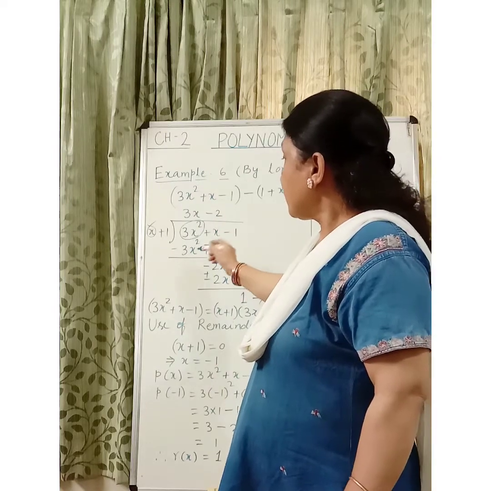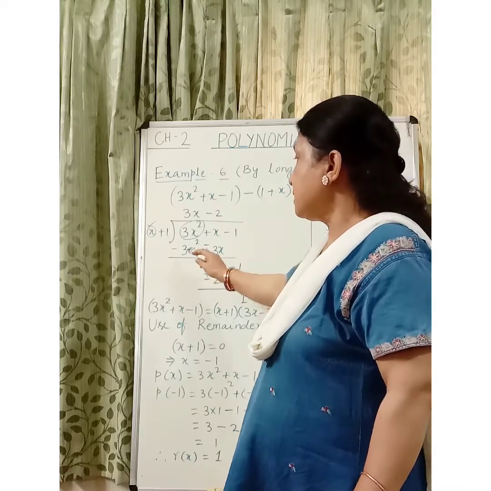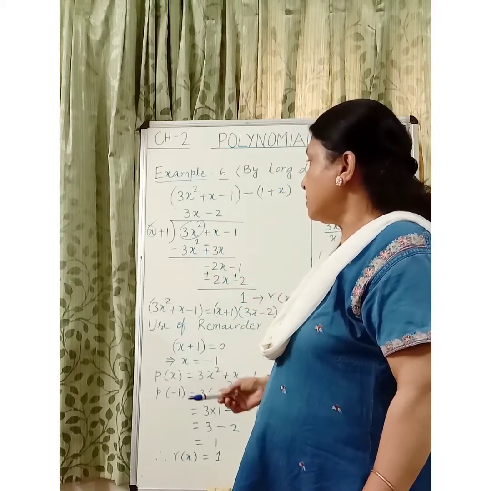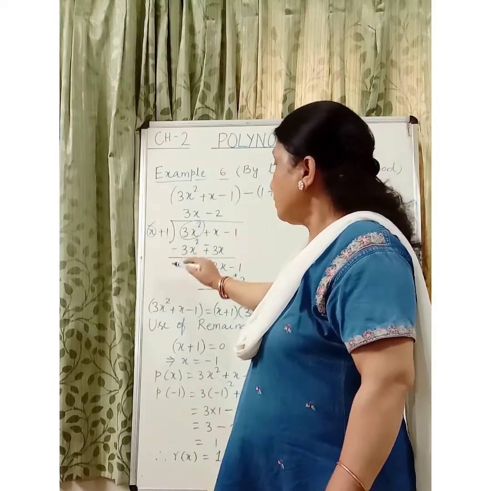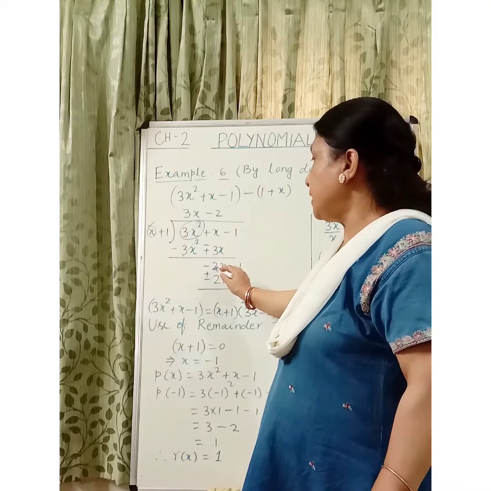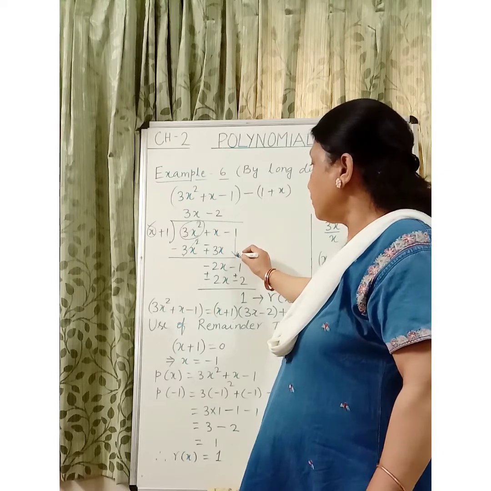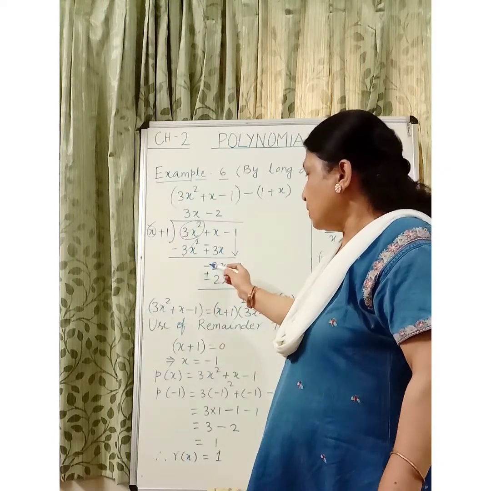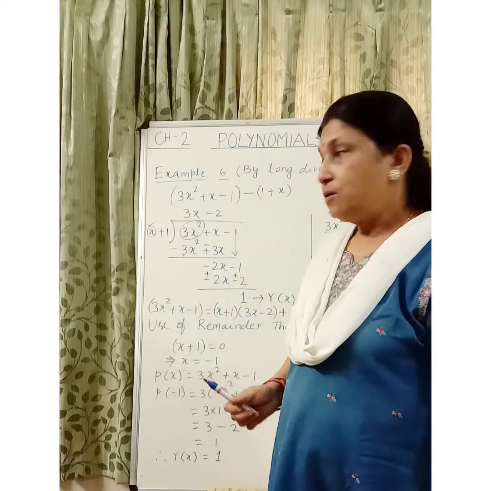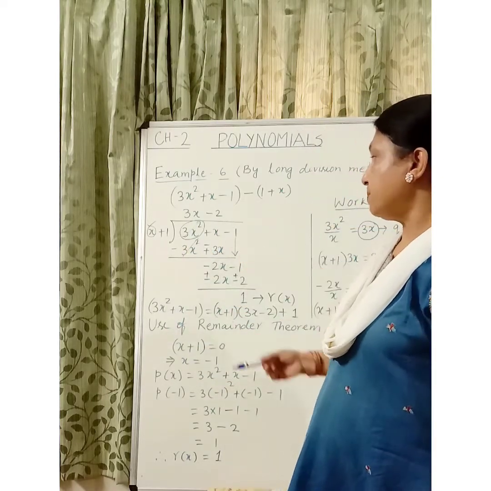Now, when we subtract a polynomial from another polynomial, the sign changes. Minus 3x square and here plus 3x will be minus 3x. Now 3x square minus 3x square will be 0. Plus x minus 3x will be minus 2x. And then the next term we have to bring down, just like the normal division. So now the polynomial which is to be divided is minus 2x minus 1. And we will be continuing the same way as we have done in the first step.